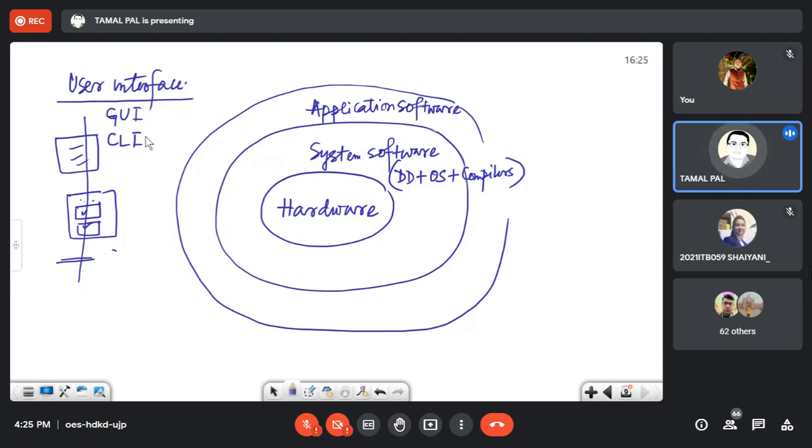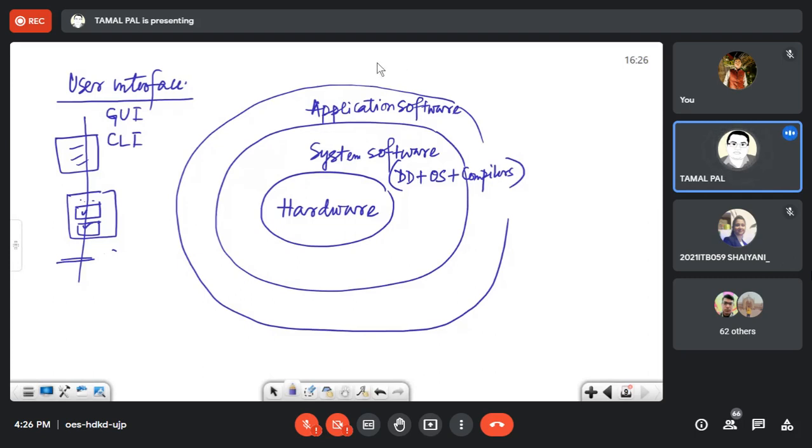So the user interface is sometimes available as a separate layer, or sometimes it is attached to the application layer, because the user interface has some relationship with the application. An application without an interface doesn't make any sense.